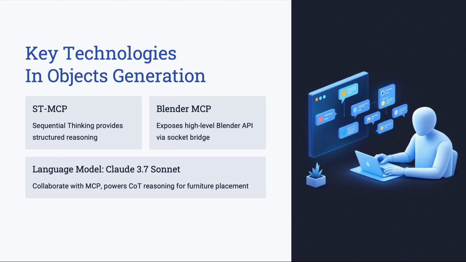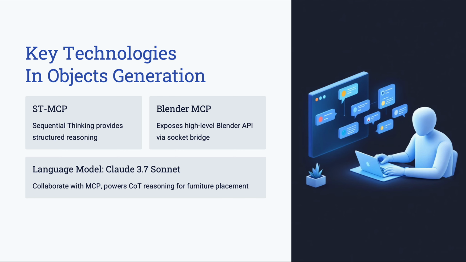3 main components enable our system to work this efficiently in object generation. ST-MCP allows the agent to think and refine step by step, much like a human designer would. Blender MCP offers a high-level socket API, which simplifies the control of Blender without writing fragile low-level scripts. Claude 3.7 Sonnet's language model provides deep, large context reasoning, helping the system create layouts that are both collision-free and